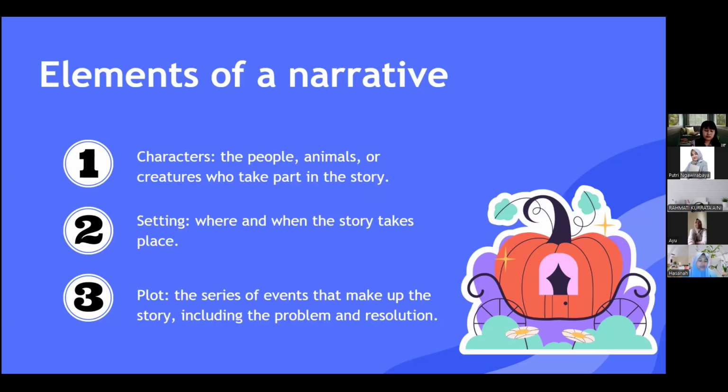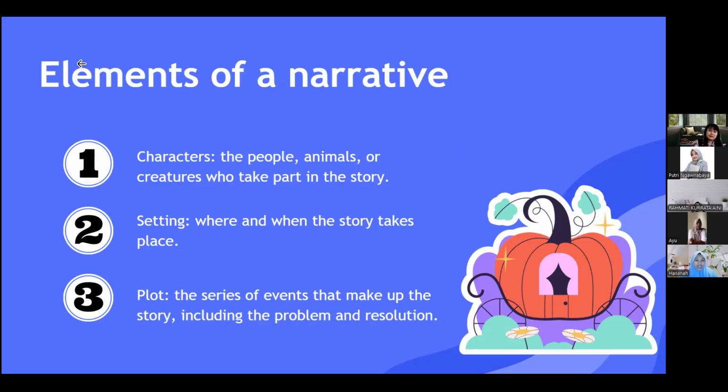Okay, what problem did the character face in the Malin Kundang story? Please answer, Miss Esther. After becoming rich, Malin feels ashamed of his poor mother, and when his mother approached him, he denies and rejects her in front of others, and this creates a serious conflict between Malin and his mother. He forgets his roots and disrespects his mother. I think that's all, Miss. Okay, very good. Good job.